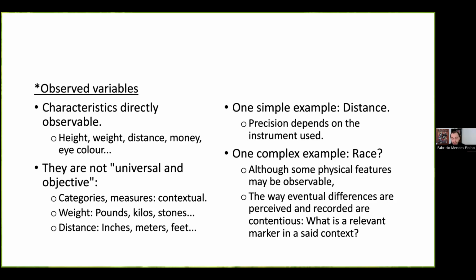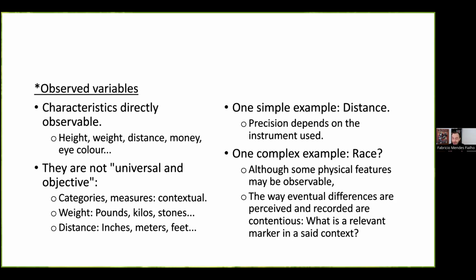For instance, eye color. Our senses can perceive that different individuals may have different eye colors, right? So this would be an observed type of information, and this would be recorded in what we call observed variables, because again, our senses can perceive them, right? For instance, counting money is an observed variable. You have coins and notes that you can use to count how much money you have in your pocket. Or you can use certain instruments to measure distances, heights, weights, and so on.